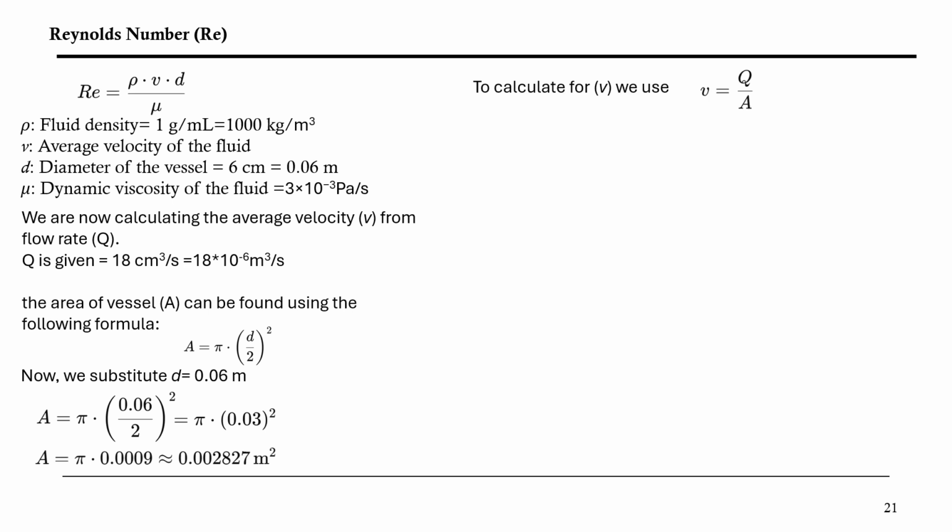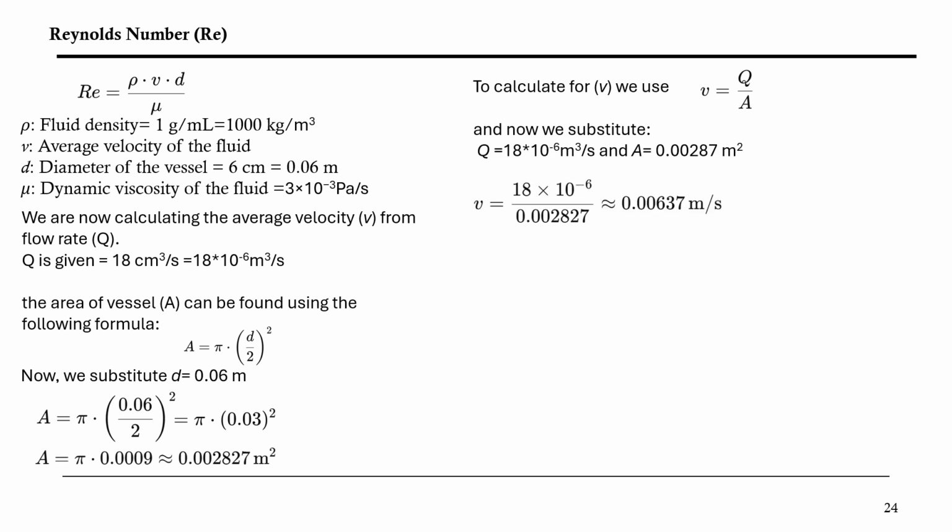And our final answer is 0.002827 square meters. Now, to calculate the velocity, we use the equation V equals the rate of flow over area. Now we substitute our numbers. We have the rate of flow and the area. So we plug in our numbers and get our final answer at